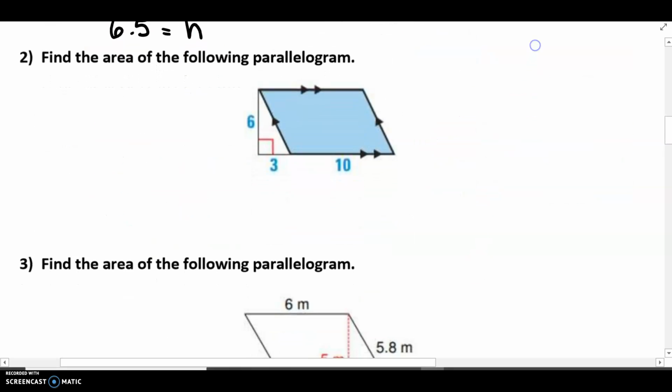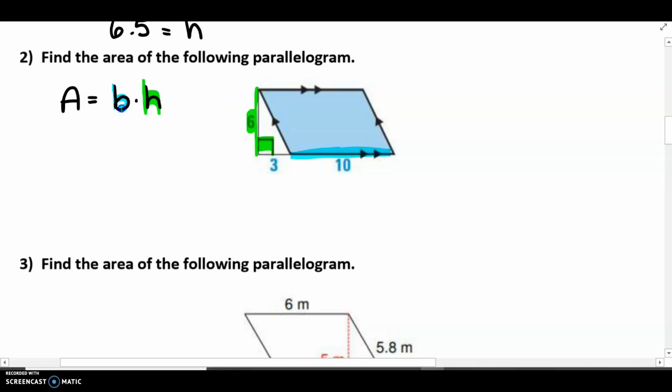Okay, number 2. This time they're giving me everything I need, and I want to find the area. I don't know the area, but I still follow the same formula and plug in what I know. I want the area, so I don't plug in for A, but I do want the base and the height. Remember that the base is a side of the parallelogram, while the height is perpendicular to that side. So if I'm seeing this height of 6, and that's perpendicular to this side,